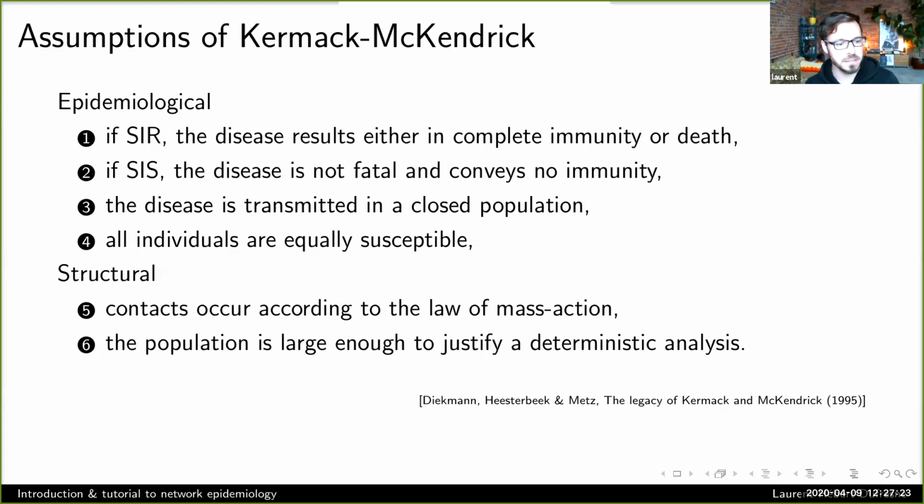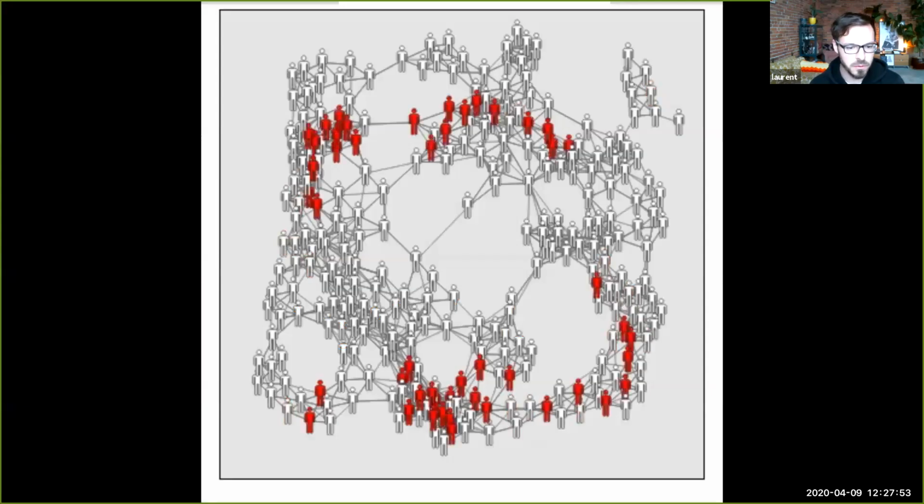And we're also going to look at the fact that here we're assuming a deterministic analysis, which means that we think the population is large enough so that I can use an ODE, a differential equation, which fixes my future, right? If I say where I am and what my parameters are, I get a number out of it. And that's a deterministic analysis. We know real diseases are really stochastic, random, so we're gonna have to relax that later on. And network science helps us do that. So we're gonna start with the first one here, this assumption of the law of mass action, right? We wanna move somewhere else.